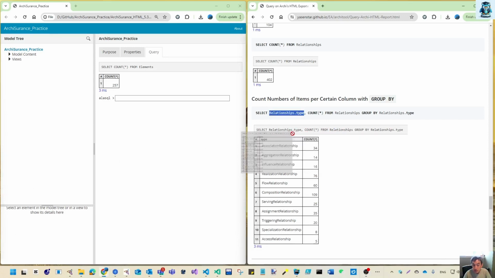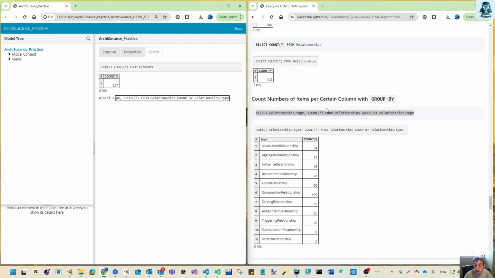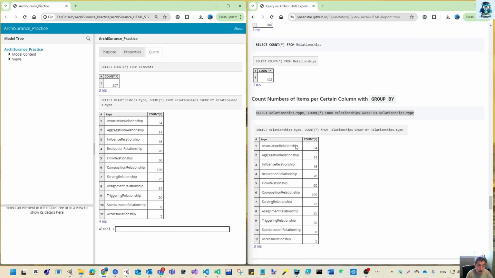So let me copy this here. If I copy that, this statement means I will group by type, group by this, and then it will count each separate group's contents. So now, if you don't have that, let me see. So my relationship,